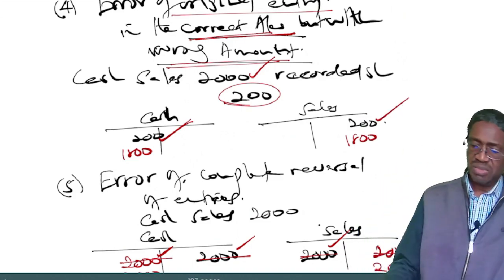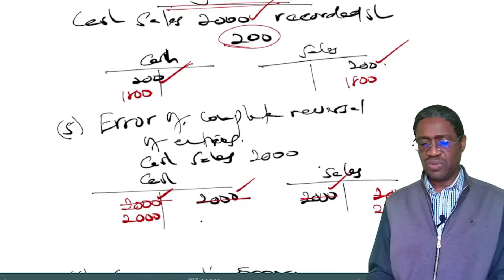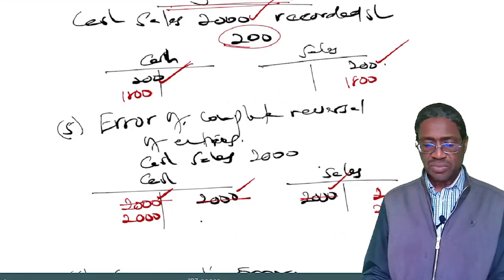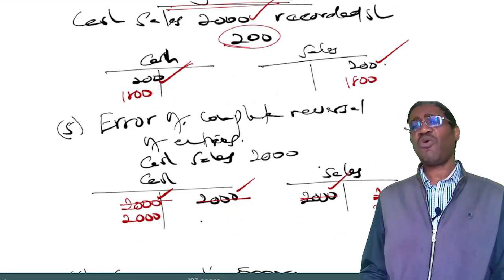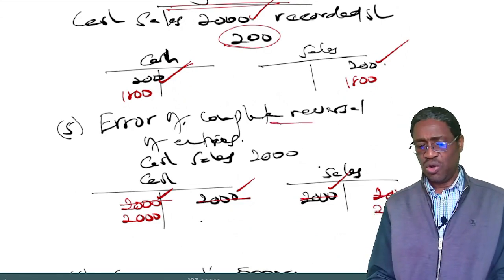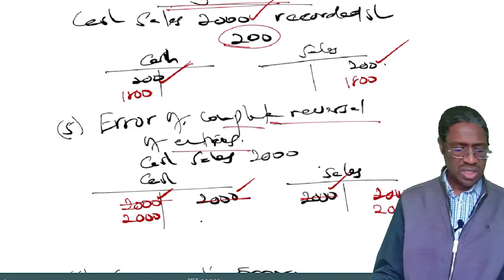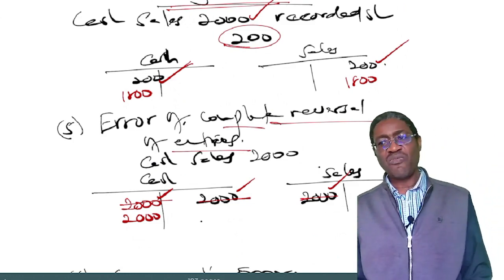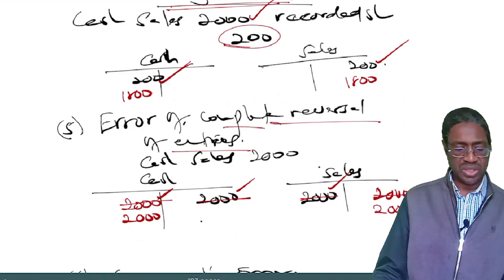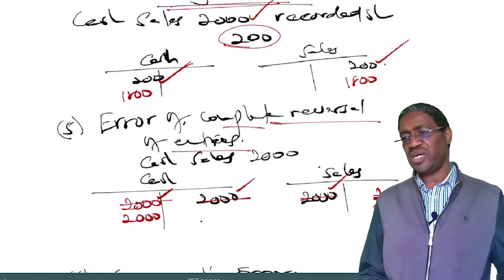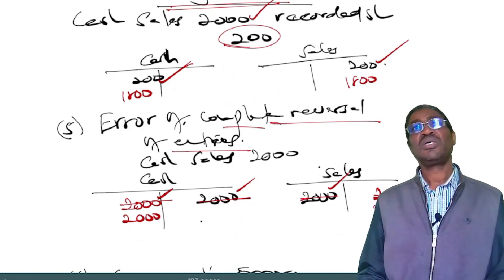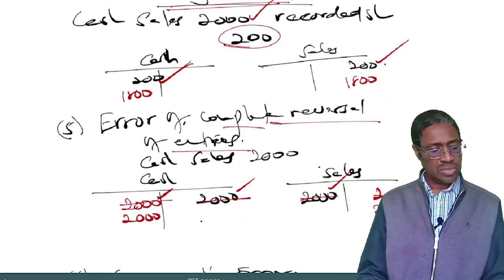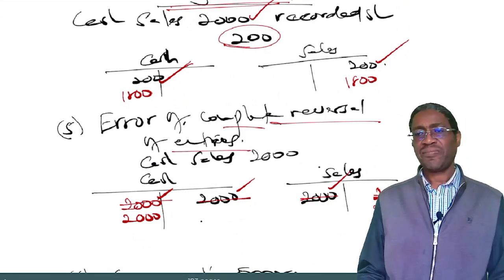Good. That's number 3. Sorry, let's go to number 5. Error of complete reversal of entries. Then you see this. This occurs